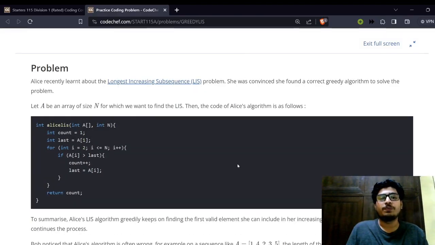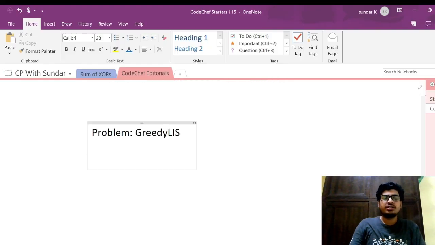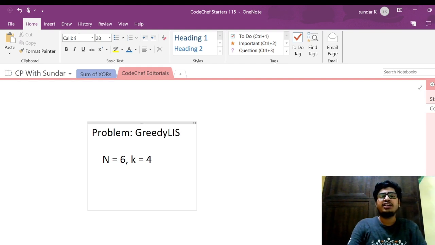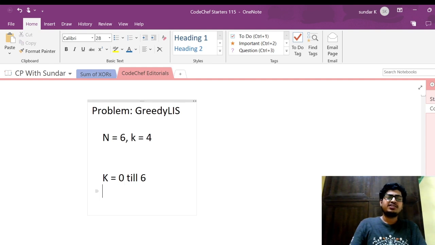Now, how to solve this problem? This is a very simple problem. You just need to take some cases and do some trial and error runs. Let's say we have the value of n as 6, and let's try to form some cases for all the values of k from 0 till 6. Now, if we want a zero difference, then we can just arrange all the elements in